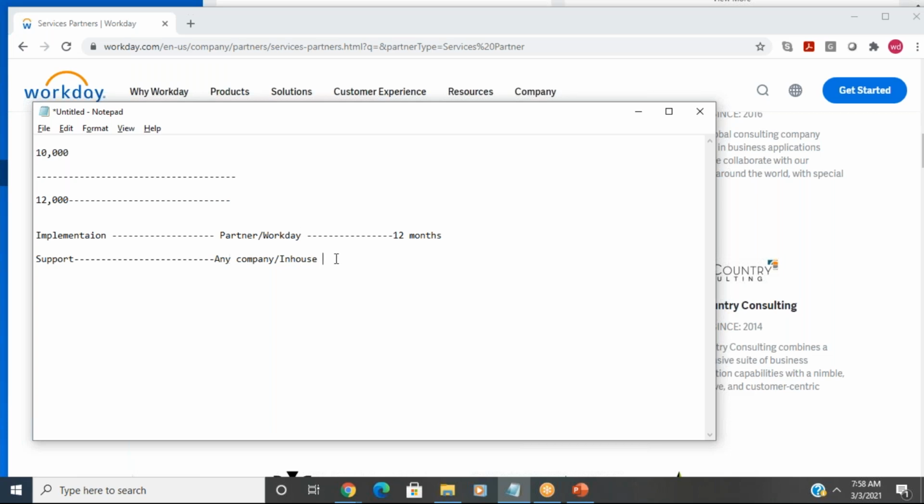If you are getting any issue, you can raise a ticket. For example, if it is not a customized issue, but a delivered issue, then you raise the ticket to Workday and they can take it. The turnaround time would be somewhere around 24 hours, or different things based on P1, P2, P3, critical issues, non-critical issues.